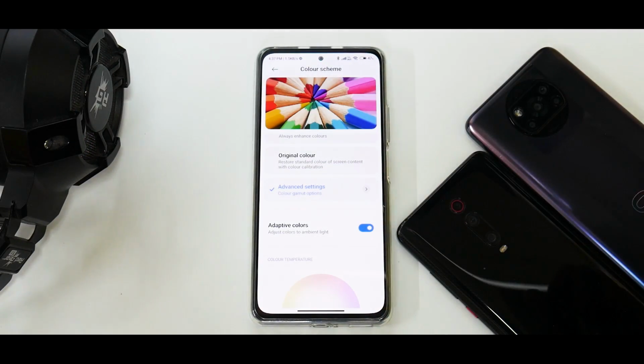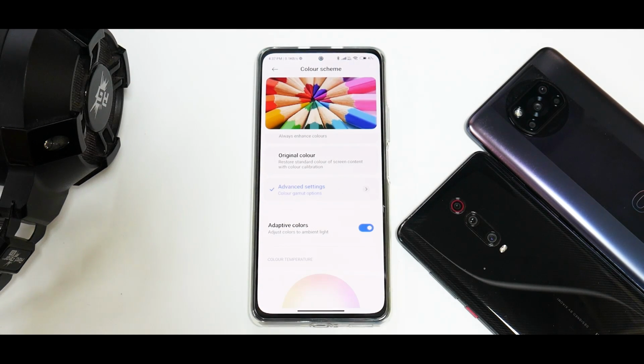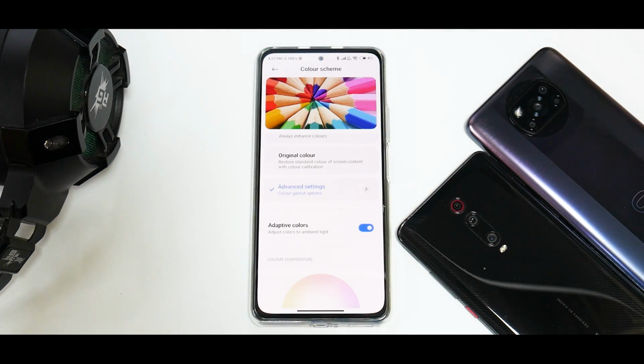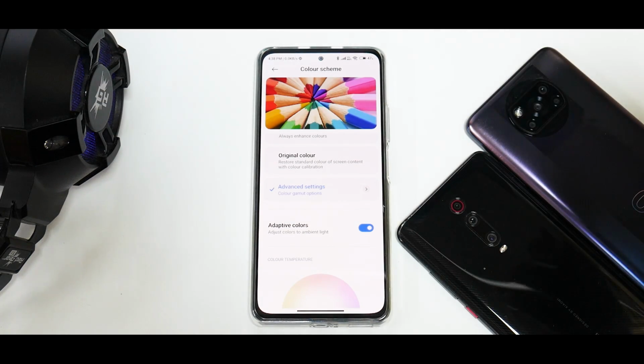You can go ahead and turn it on, and based on the ambient lighting surrounding the device, using the two light sensors, it will adjust just like Apple's True Tone display. Now I'm not saying this is a gimmick or this doesn't work, it definitely works, but the accuracy is not Apple level. And I'm pretty sure if Xiaomi have started including this in their mid high-end or absolutely high-end devices,